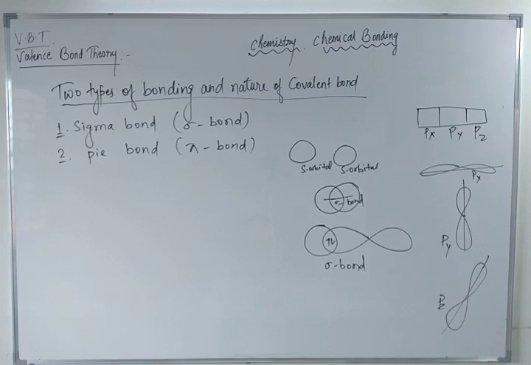And if I talk about the pi bond, this type of bond is formed by the sidewise or lateral overlapping of two half-filled atomic orbitals. Either sidewise,